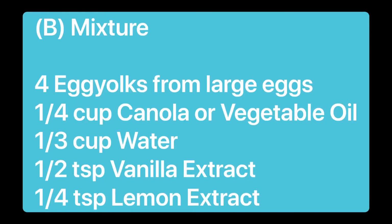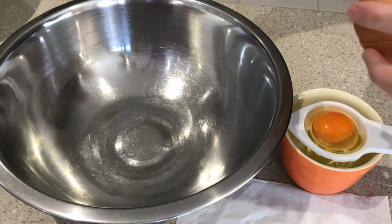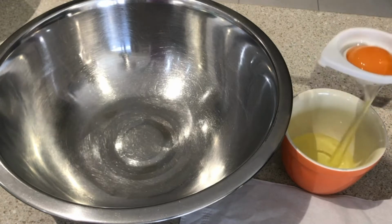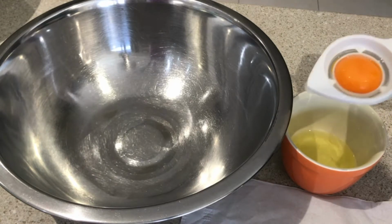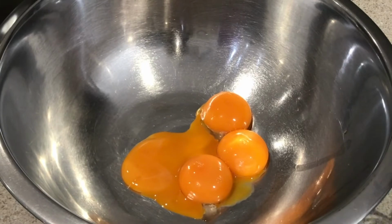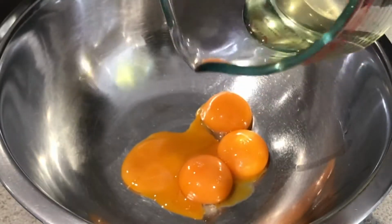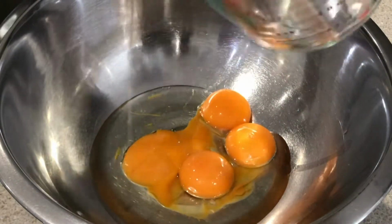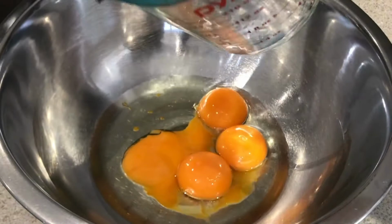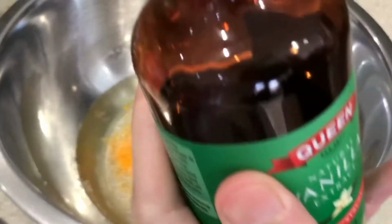Okay, next in a separate bowl, we have to prepare the B mixture. So we have to prepare 4 egg yolks from large eggs at room temperature. Then we have our canola oil or vegetable oil, and we have the water, vanilla extract,